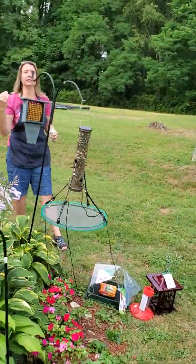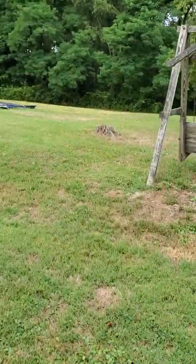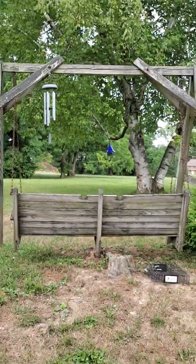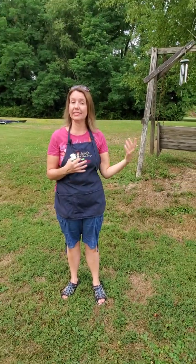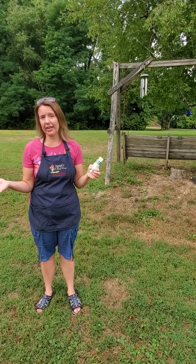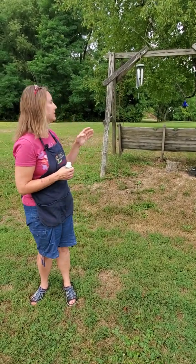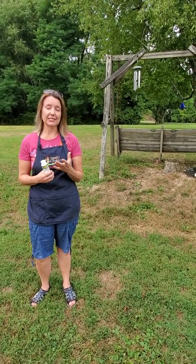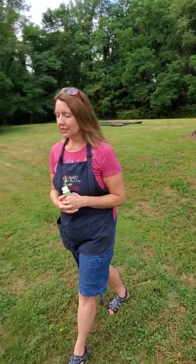Well, we'll scoot over a little bit so that Amelia can show you a better picture of it. The squirrel gets on top of that feeder, and then he'll land on there and he'll just fall off because there's no way for him to stay on, which is pretty funny actually. And he does that a few times and he gives up, and then he'll just feed from the bottom, which is really all you want them to do. So one of my favorite feeders, it holds a lot of seed. It's great for the winter time and great for now too, because it does hold so much seed. So that gives you an idea of some things that you can do